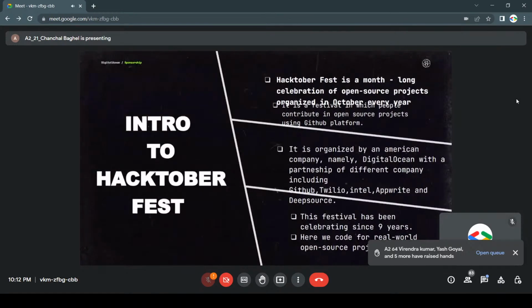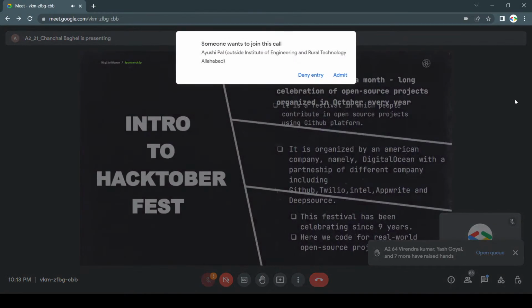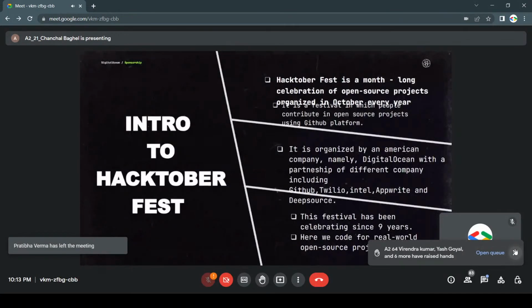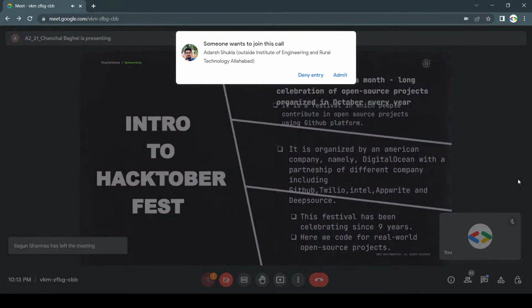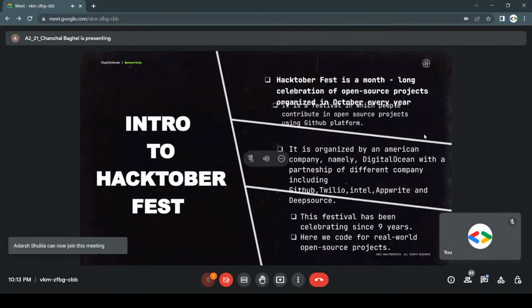Very nice. Many of you already have an idea of Hacktoberfest. Okay, Maitri, can I know how many contributions you have made till now? Well, ma'am, I haven't contributed yet. It's just that I have done my research, so that's why I've raised my hand. Okay. No worry. The people who have not contributed till now, we will tell them how to contribute and make their